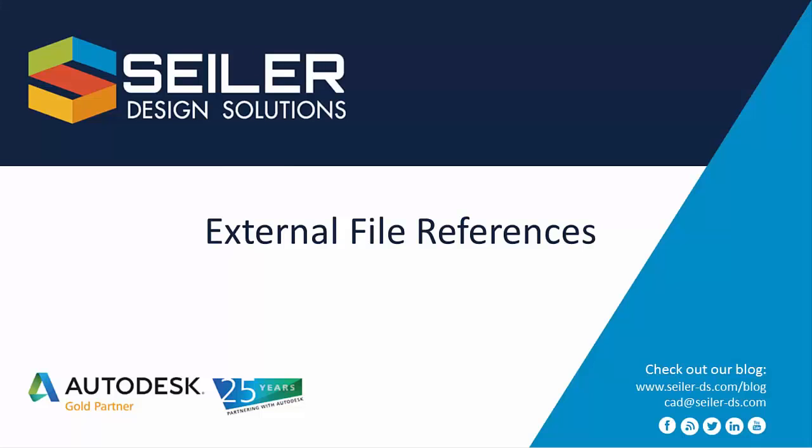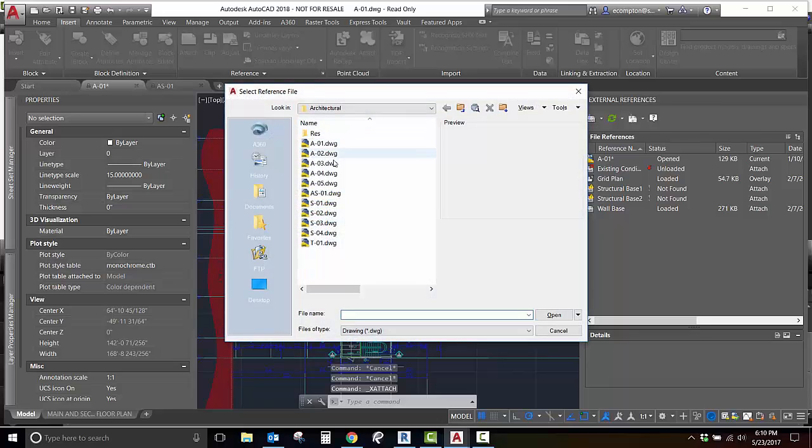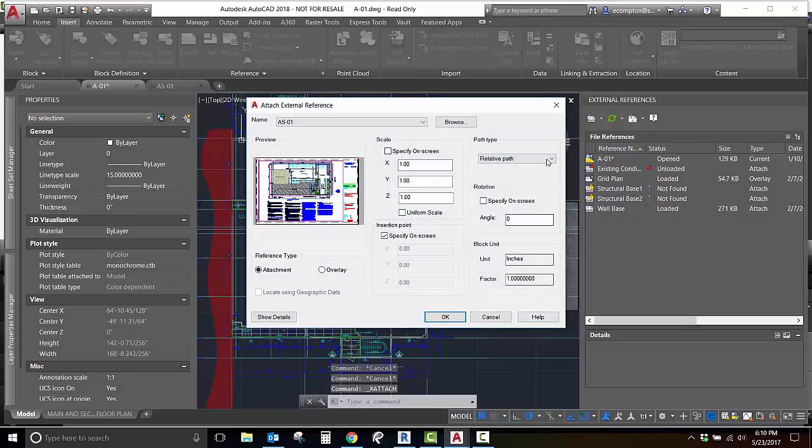Another area of enhancement in 2018 deals with externally referenced files, or XREFs. Save time and minimize frustration with tools to fix broken paths for XREFs. In 2018, the default path type for XREFs is now set to relative. Keep in mind that the XREF must be located in the same folder as the current drawing for the relative